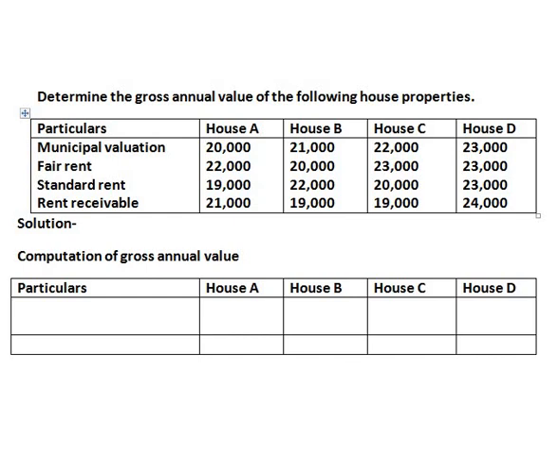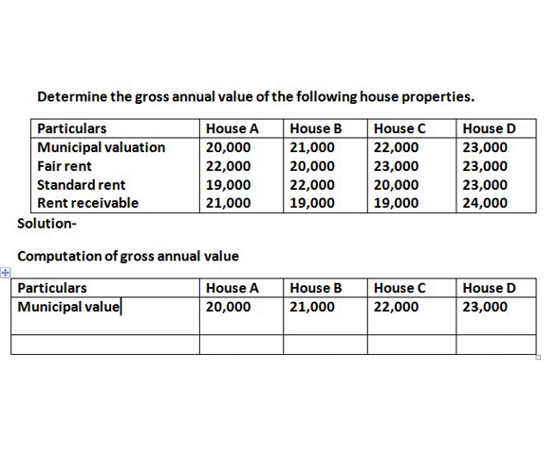Let us start solving the sum. In the previous class, you have seen the format, that is how steps 1, 2 and 3 are calculated. Let us start with that. First, you should take municipal value. Municipal value of house property A is 20,000, B is 21,000, C is 22,000 and D is 23,000.